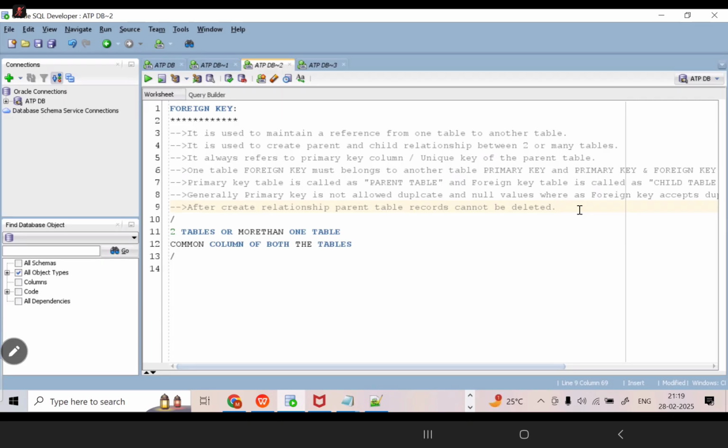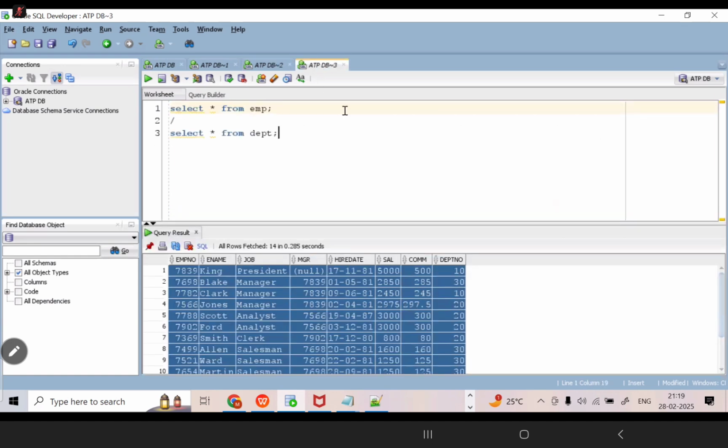Once the parent and child relationship is built, can I delete the parent table records? It's not possible. When it will be possible, I can show the example. Up to this clarity, all of you? Foreign key. Now I am going to move on, and first I can create the two tables for dummy